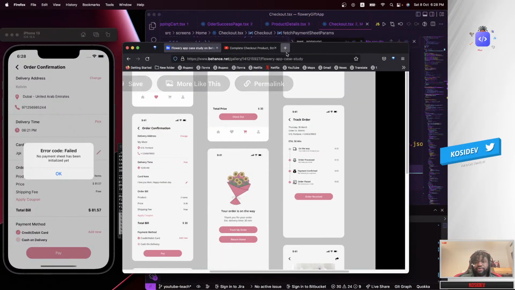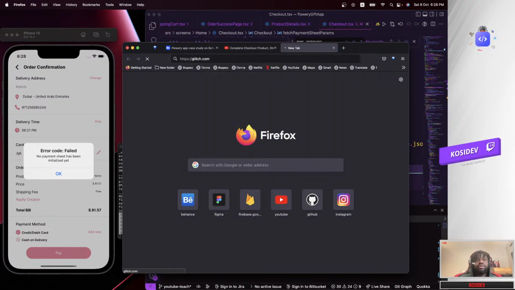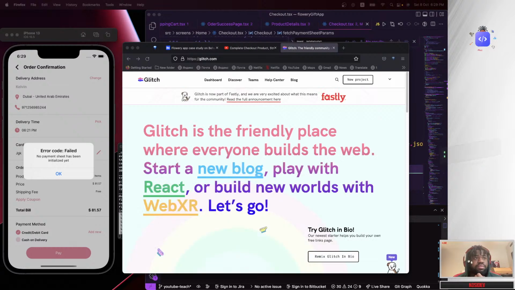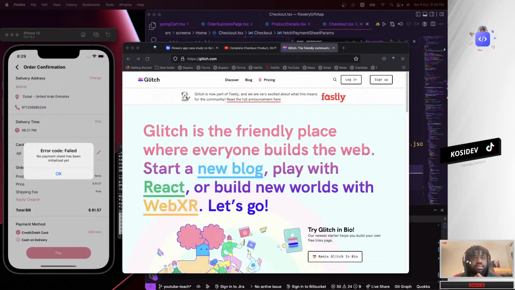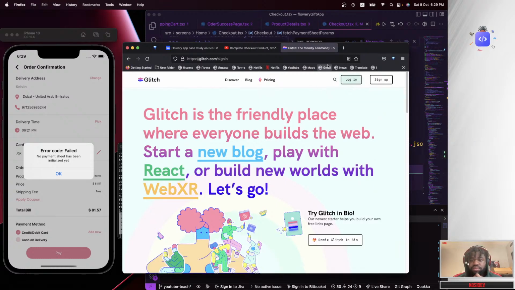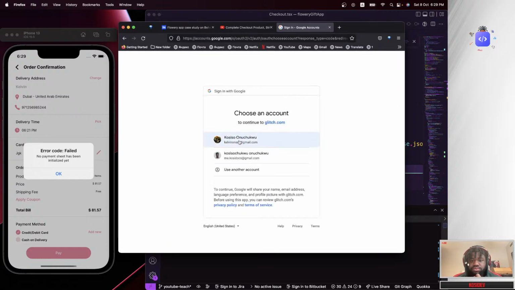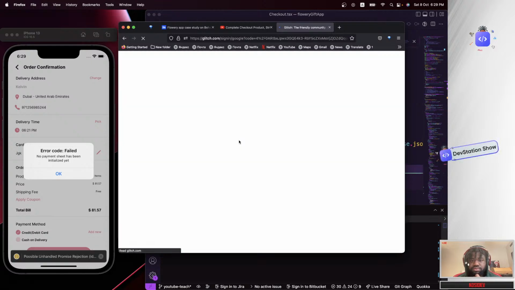So I can actually show our back end here from Glitch. So basically I'm trying to log into my Glitch account.